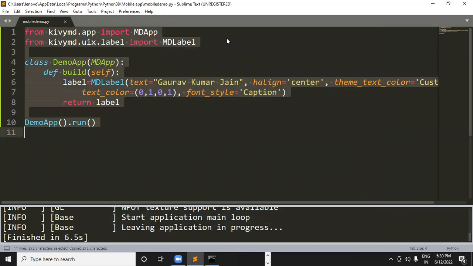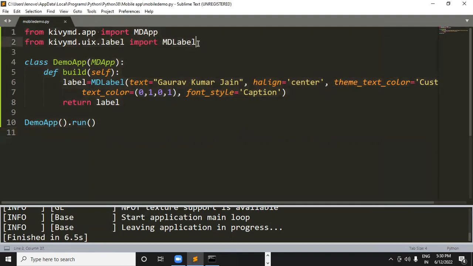I'm passing the code to you in the chat box. Just try out all the values and let me know if you're getting the correct output or not. Yes, sir. I'm getting the output. Let's now talk about icon. If you want to define an icon on your mobile application screen, the class for that is MD